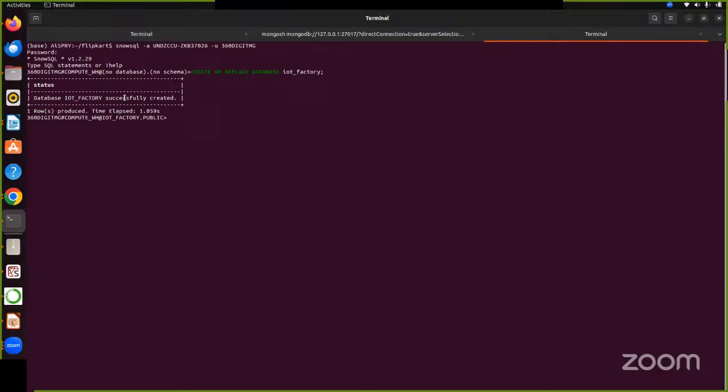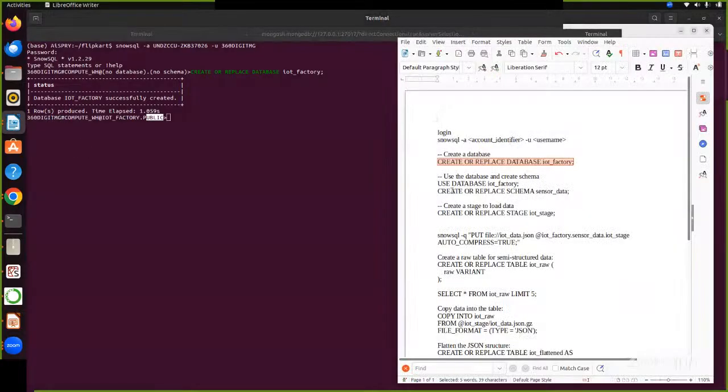See, IoT Data Factory successfully created. And you can also see my database now is IoT Factory. Schema is public. And then I'll say use this database